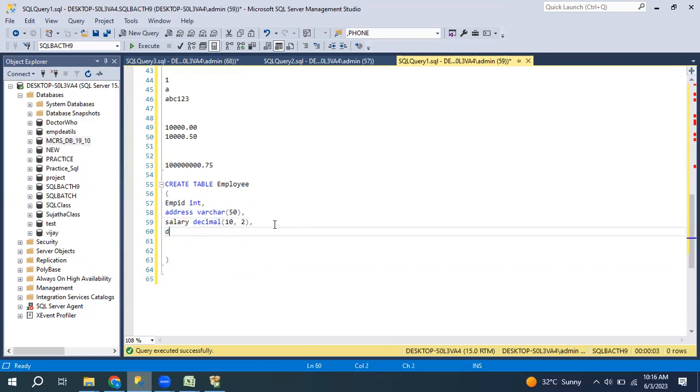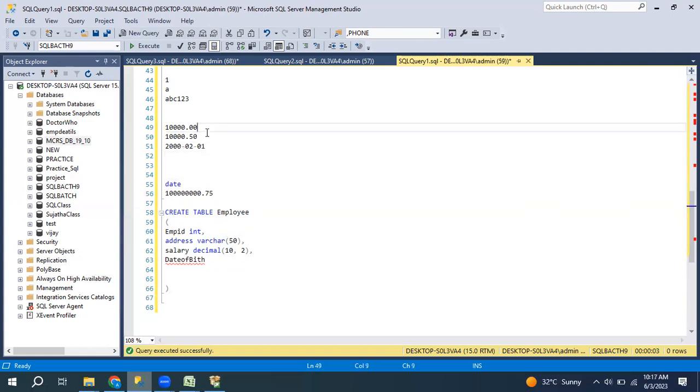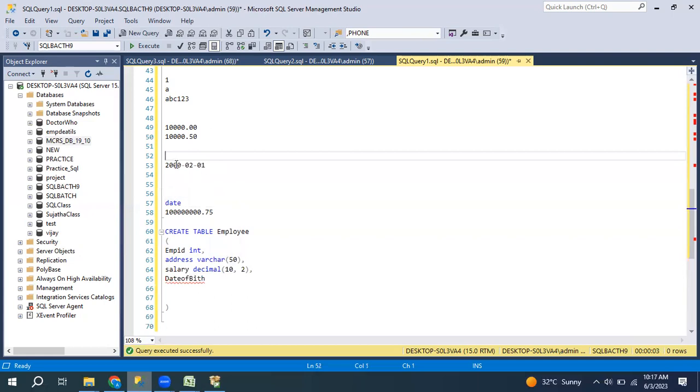Next, date of birth. Date of birth is in the form of date format, right? Correct? Date of birth will save the data in date format. We can give it here like 2000-02-01. So this is the date. Usually SQL Server takes it year first: year, month, day.